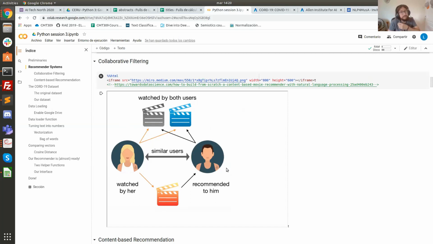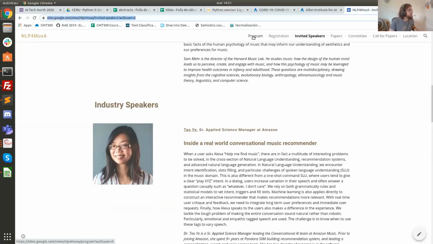This is, as I say, probably one of the best known approaches, especially because you really don't need to do anything about the content itself. As long as you have information on who watched what, or if you have ratings, a star system or a ranking, then that's even better. But even the fact that someone watched something